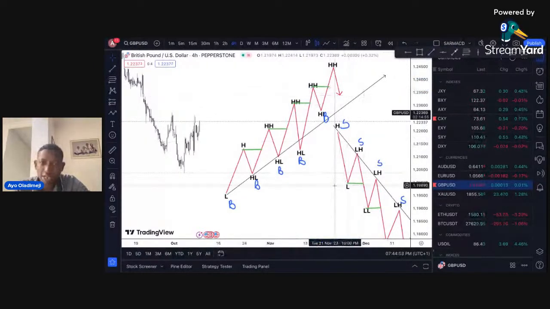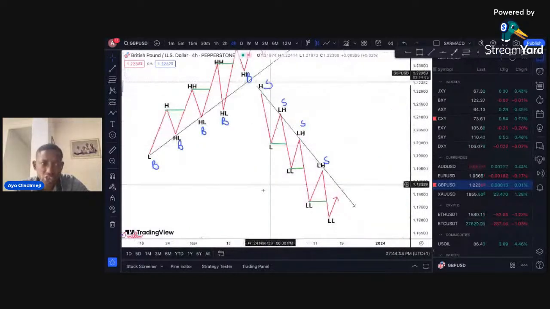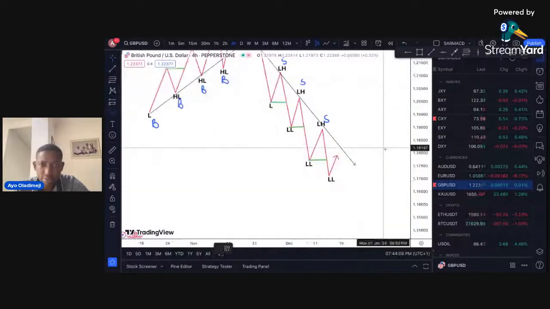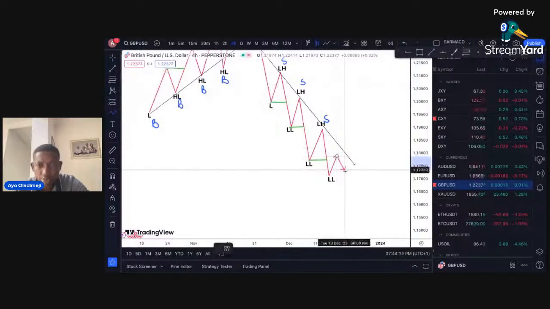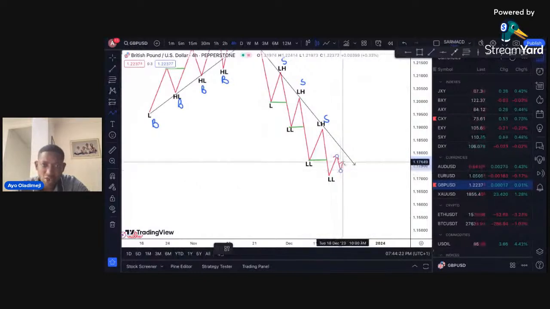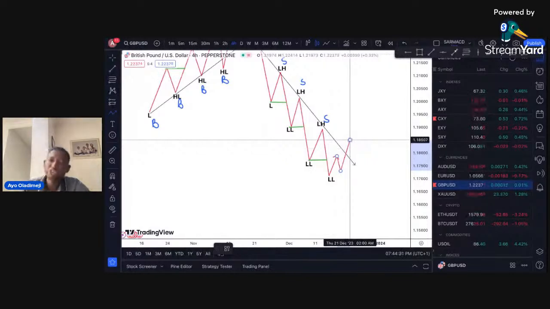Now let me give you a scenario. Let's assume that price comes and fails to break this low. This is the new low, but maybe it just comes like this, and then it goes up and breaks this new high. I mean, a high has been established. It is suggesting a change in the direction of that trend. That means we are about to see a redirection or a change in the trend.